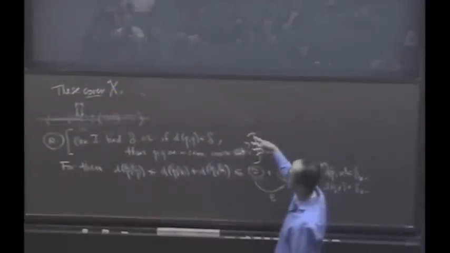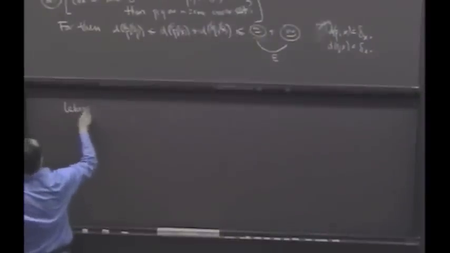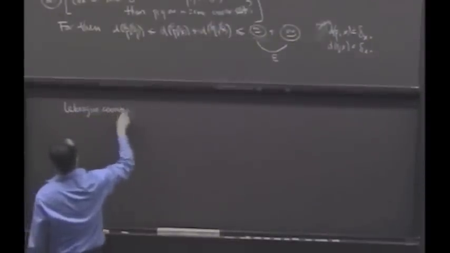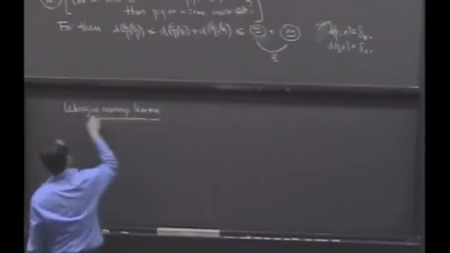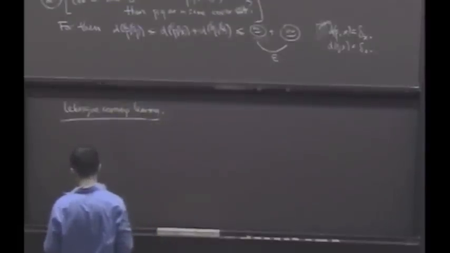Okay. Great. So here's the question then. Is this true? And the answer is yes. And this is actually a famous lemma in its own right, and it's such an important fact that it has its own name. It is what's called the Lebesgue covering lemma. That's an excuse to prove something that's not covered in your book, but is used very, very often in many contexts.